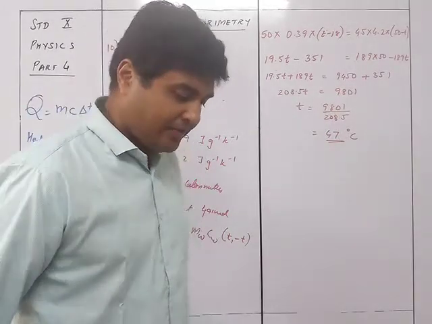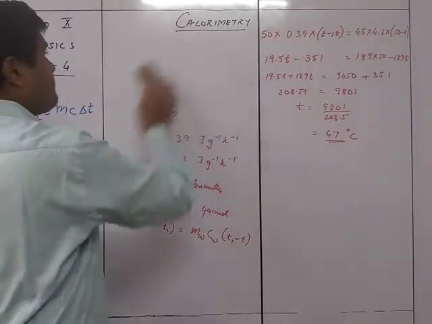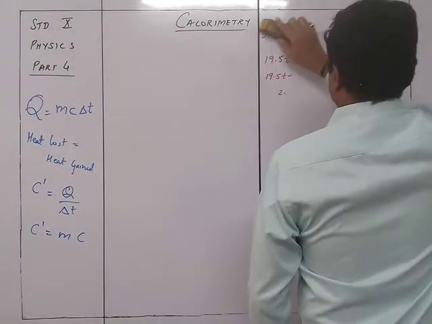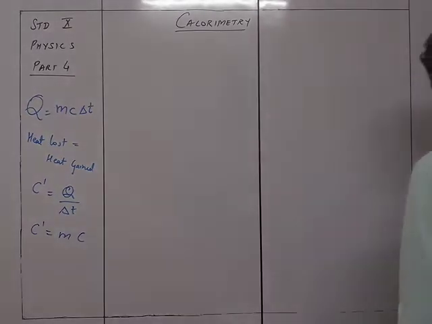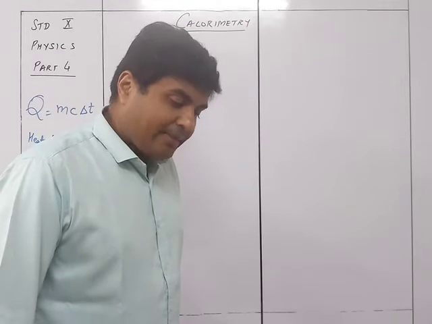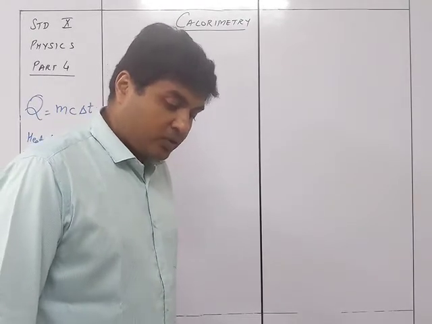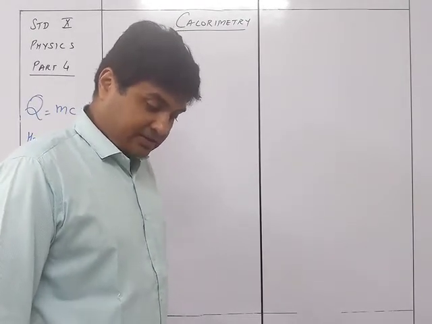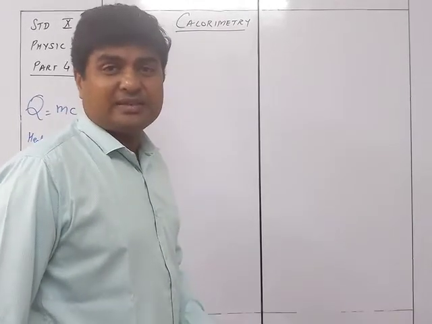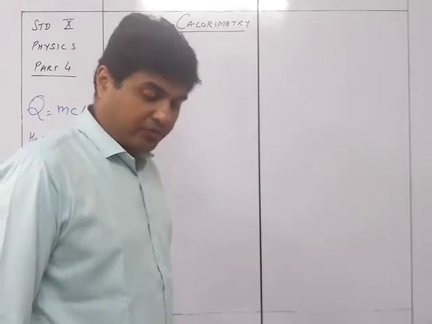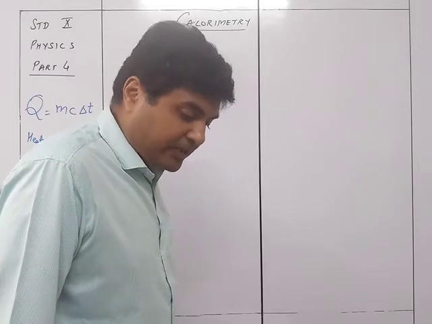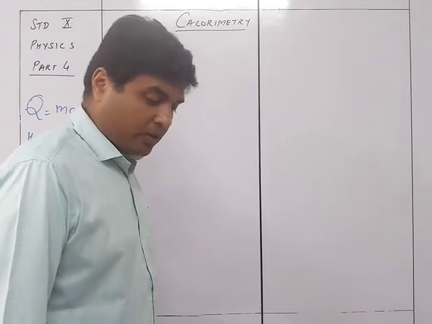Now we move on to sum number 11. 200 grams of hot water at 80 degrees Celsius is added to 300 grams of cold water at 10 degrees Celsius, neglecting the heat taken by the container. Of course, in the 10 sum, they asked us the assumption. The assumption is that there is no loss of heat. So that is the only thing. In sum 11, calculate the final temperature of the mixture of the water when the specific heat capacity of water is 4200.